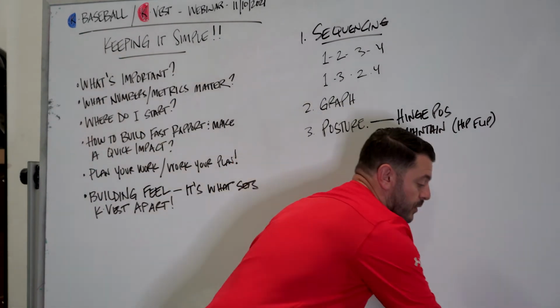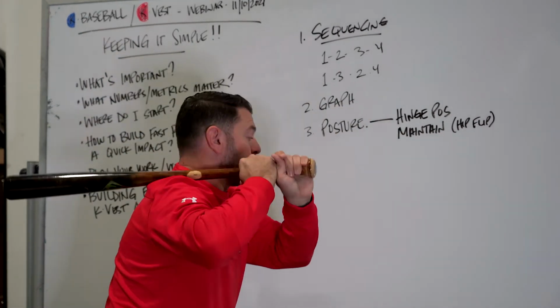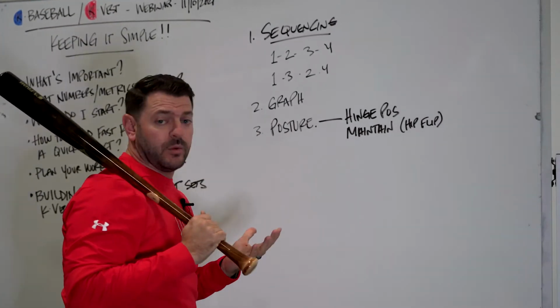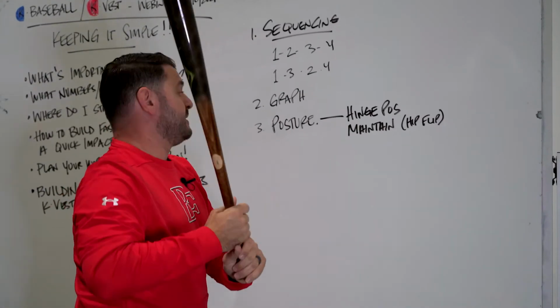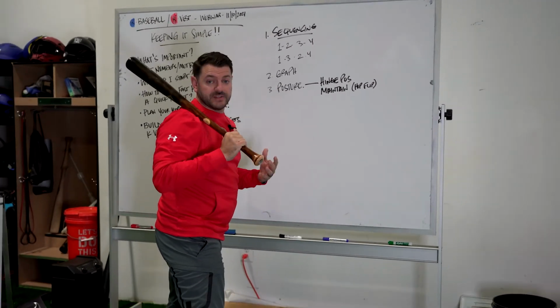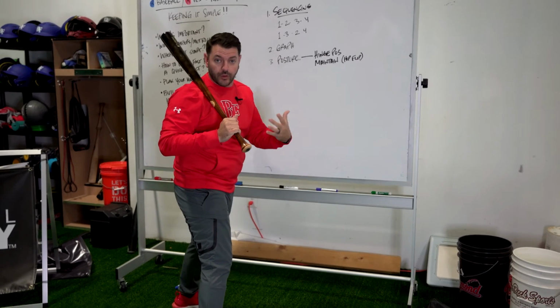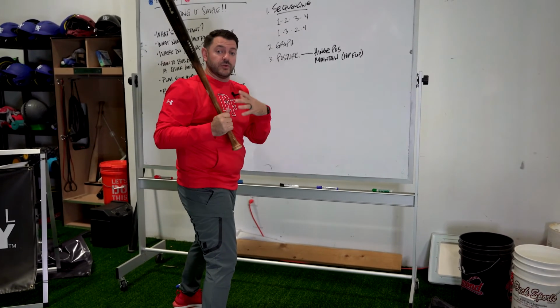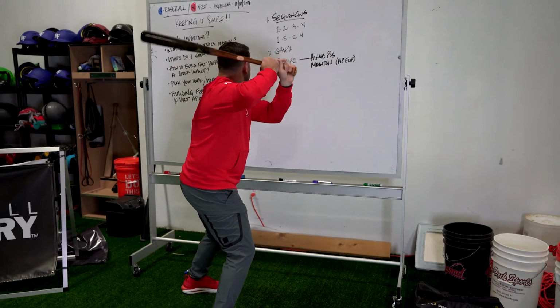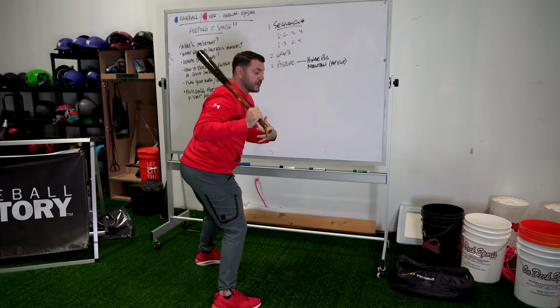But what we're looking for with an athlete, right, is I'm looking for him to have some of that hinge. Now, I don't care what the actual stance looks like, because it doesn't matter. Because he could stand like this and then get into that position, that we call the launch position. On the vest, it's that process to getting to heel strike, the load, the launch, the fire, whatever the heck you guys want to use. It's all good. It's all gold. It's perfect. But we want to see a guy maintain this hinge, right, to make sure that I can rotate